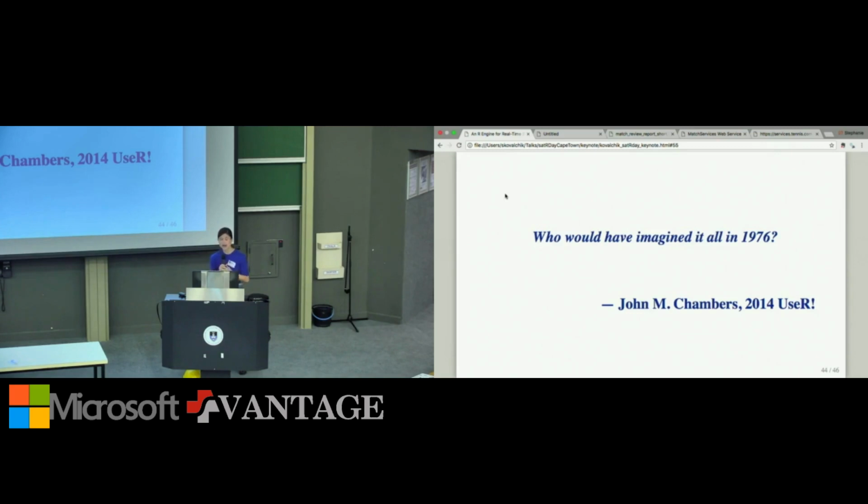Chambers pointed out, how will the language keep up? Being open source, it's entirely reliant on its volunteer community. And a lot of the things that we are trying to do now require interfacing with other languages, other types of tools. How will it get there? I'm very optimistic.